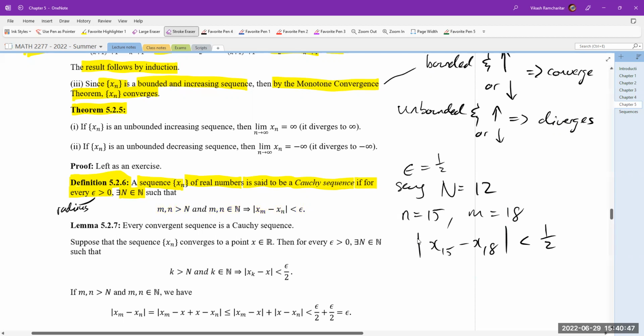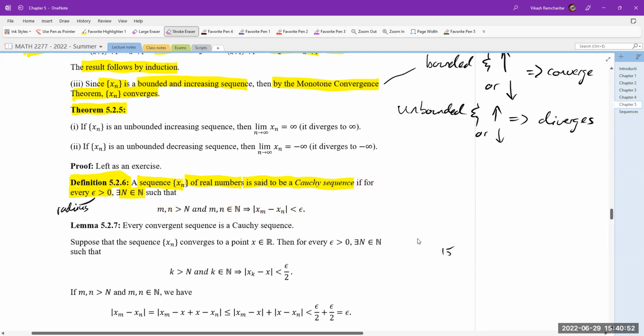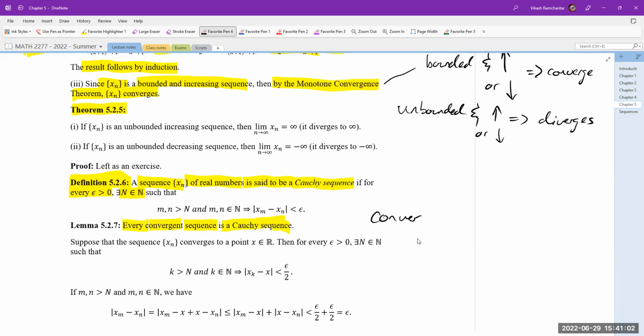And of course, like I said, there's a strong relation between Cauchy sequence and convergence, which is given by the next lemma: every convergent sequence is Cauchy. So a convergent sequence implies your sequence is Cauchy. Every convergent sequence that you have met so far is also a Cauchy sequence. The proof of this: